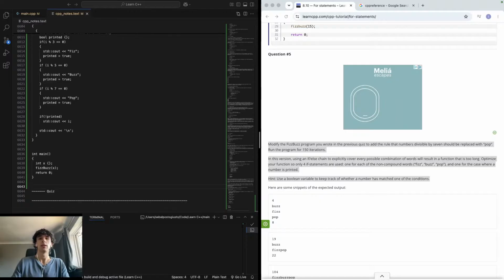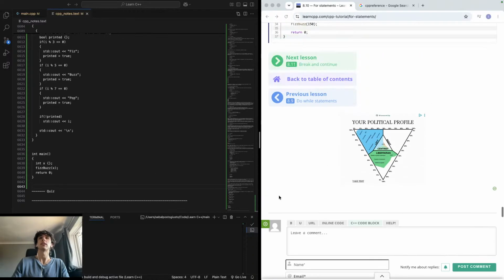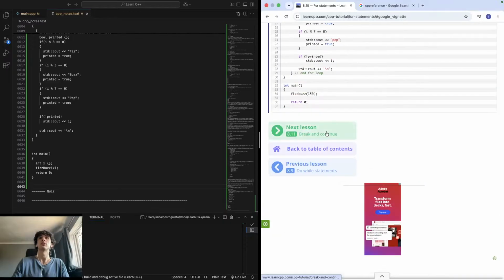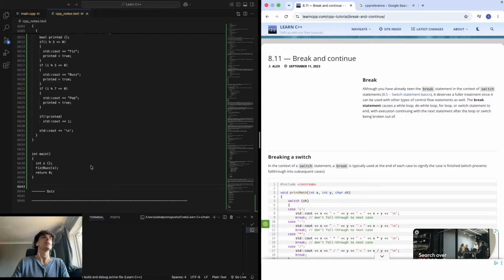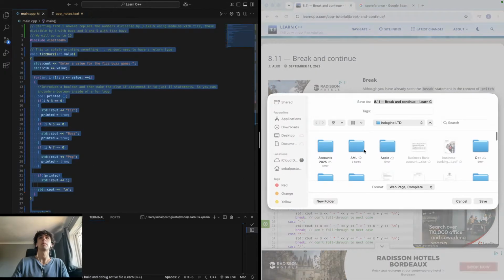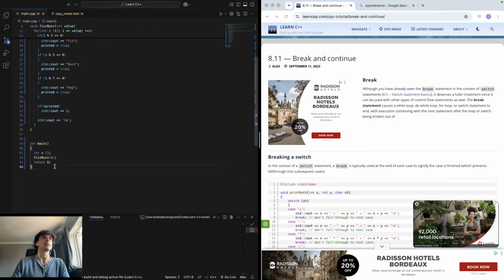Okay, so we've done this for a while now, so I think what we'll do is we will go to the next section. So break and continue. I assume that's with switch statements. Yes, it is. So we will. No, I don't want to save that. So we left off